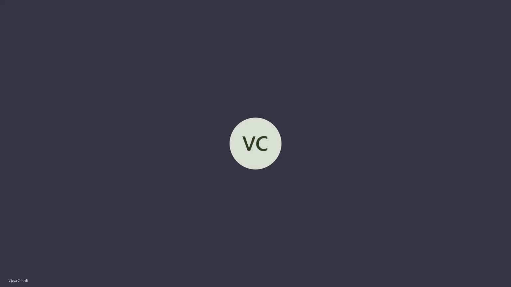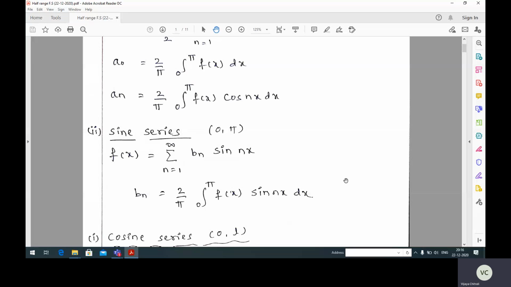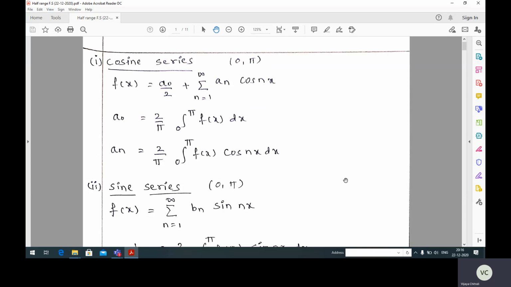In the previous class, we discussed examples on Fourier series. In today's class, we'll discuss examples on half range Fourier series. So we have half range cosine Fourier series and half range sine Fourier series if it is defined in the